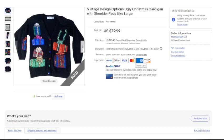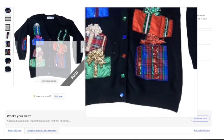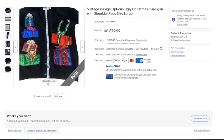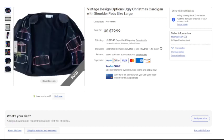All right, moving on to another design options like we saw earlier, but this one just has Christmas gifts on it, different fabrics and sequins and things like that. The picture's even blurry on this particular listing, but this was a size large, sold for $79.99 plus $15.45 in